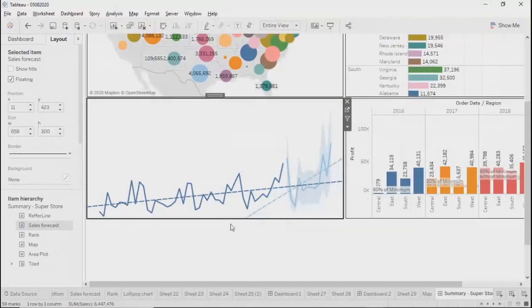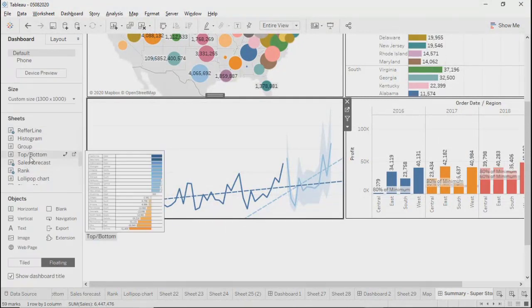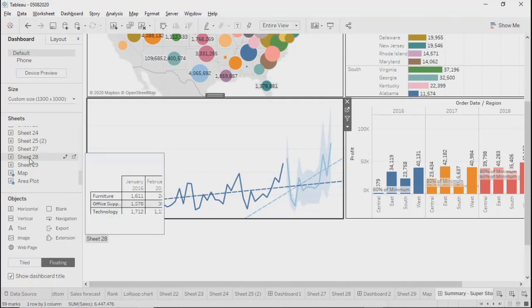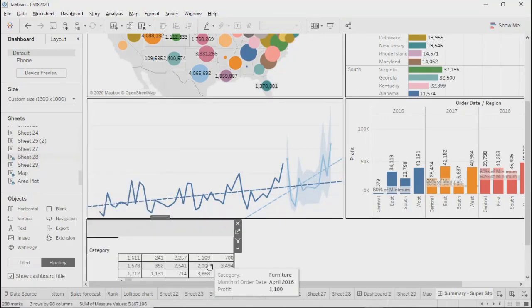Now for the last one, maybe if you want, you can take the table. Generally, a table will be better. So maybe this we can drag.